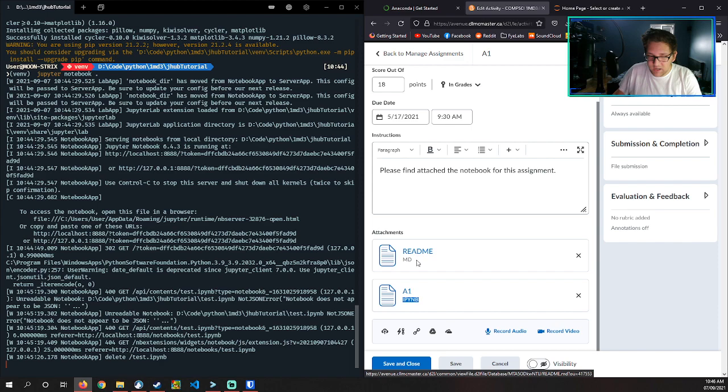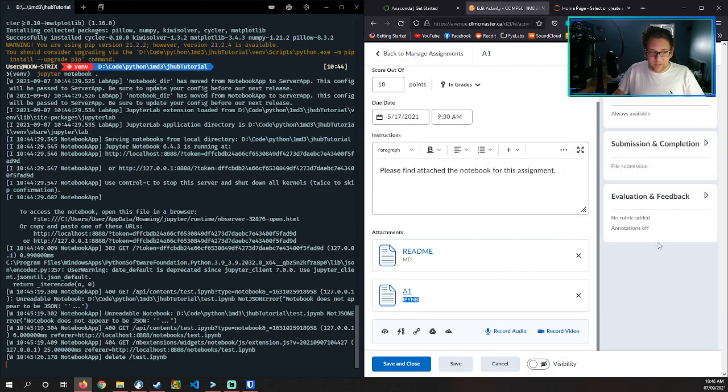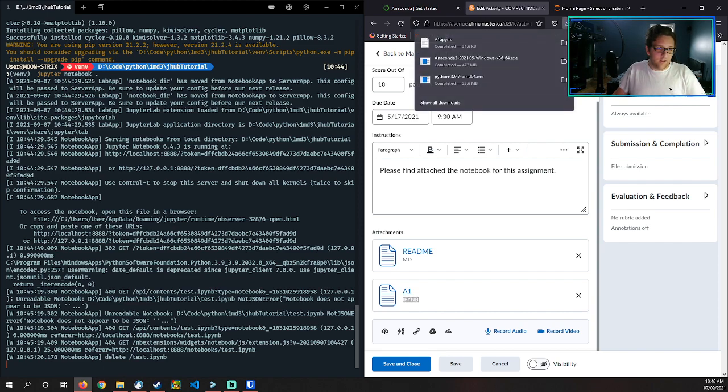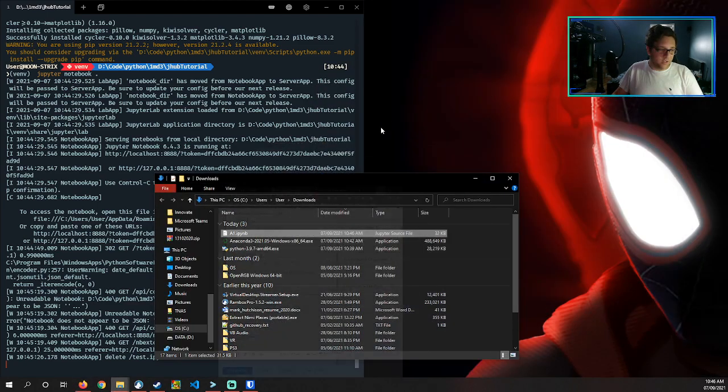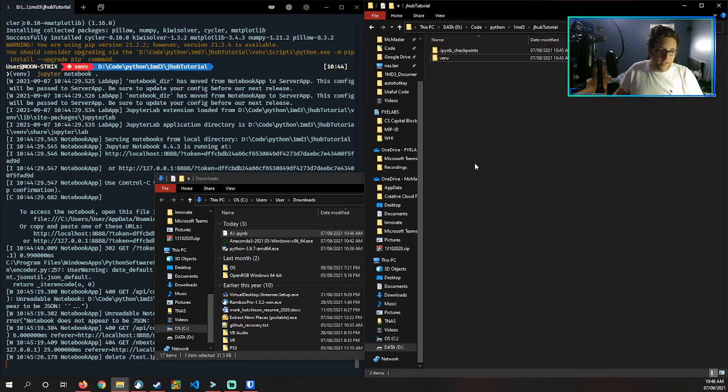You also have a README in case you need help with any of the instructions I've detailed. They're in this README file. You just download a1.ipymb. I'm going to save the file. I'm going to go to the file. And what I'm going to do is I'm going to move the file into my Jupyter